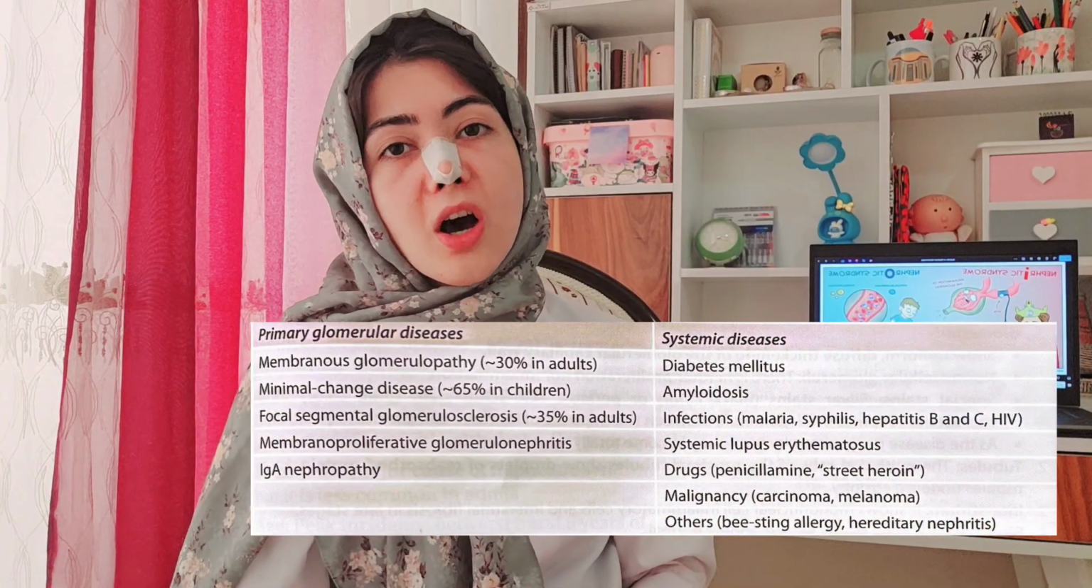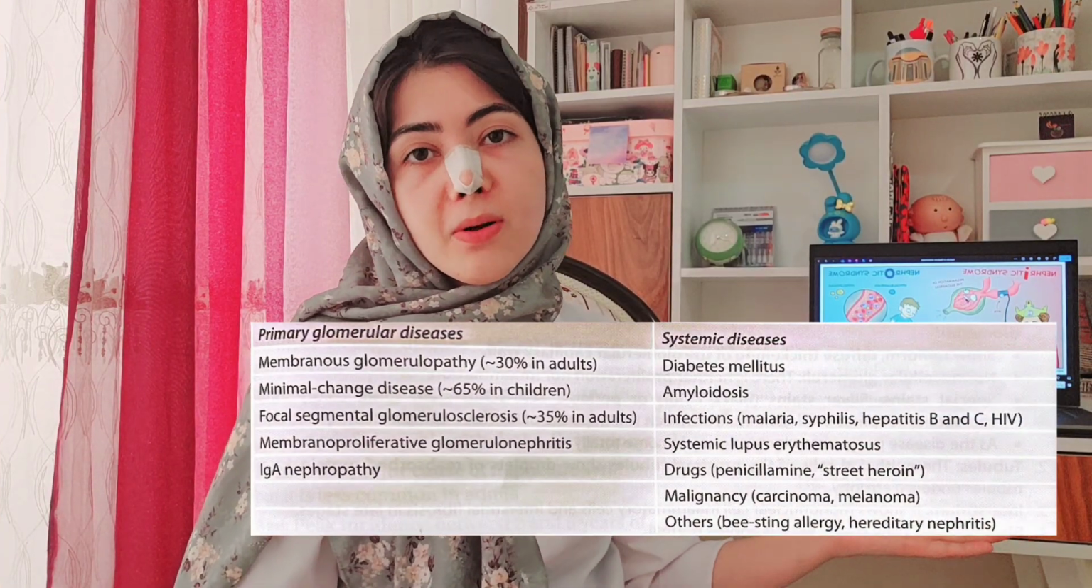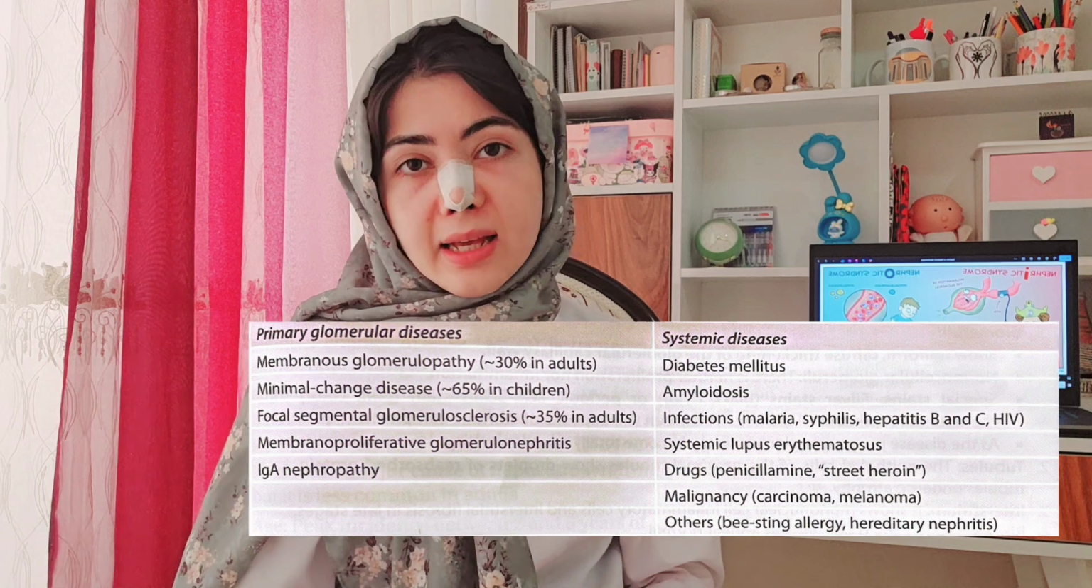Now, causes of nephrotic syndrome are also important. It is crucial to know that the most common systemic causes of nephrotic syndrome are diabetes and amyloidosis, and the most important primary glomerular lesions causing nephrotic syndrome are minimal change disease, membranous glomerulopathy, and focal segmental glomerulosclerosis. You can see the causes of nephrotic syndrome in this table, and in the end you can see in this image